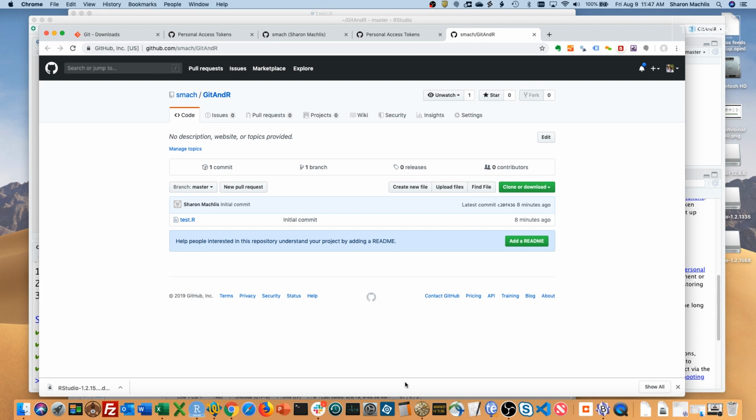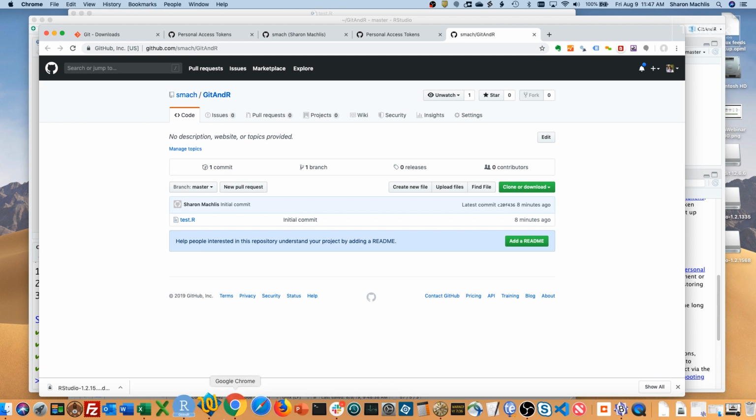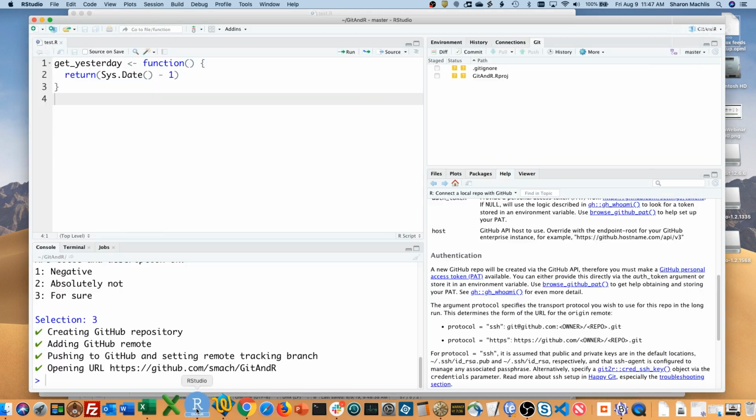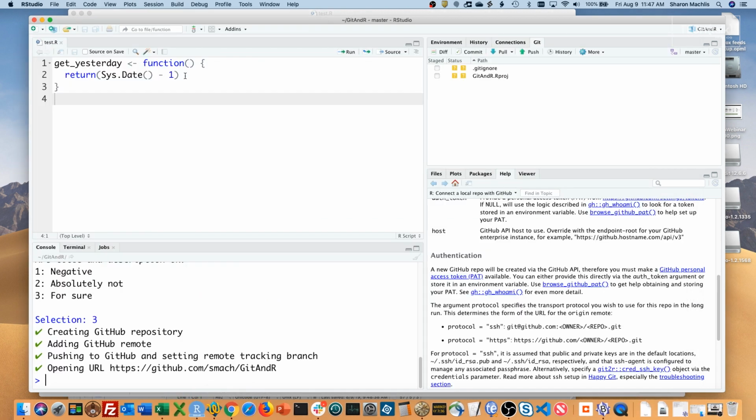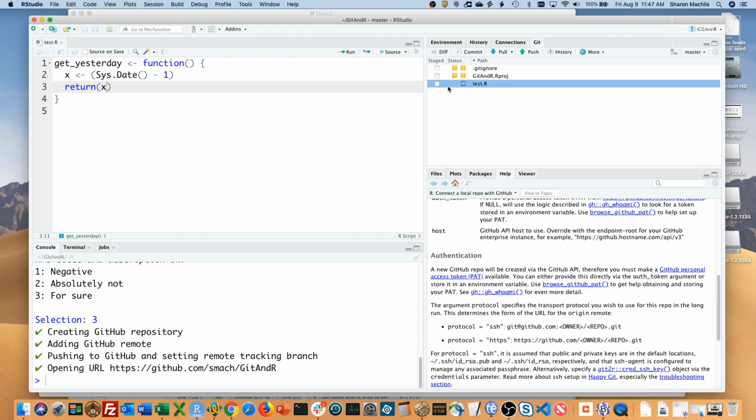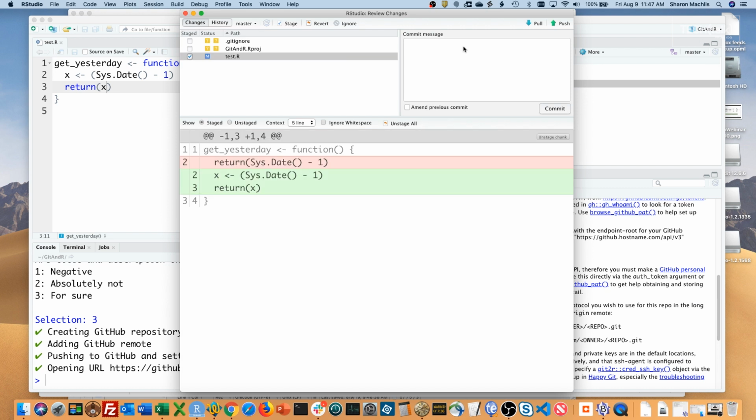So if I make and commit another change, let me do that here. I'm going to call this X and then say return X, just so you can see a difference in the files. Save that, commit that. Commit to push to GitHub.